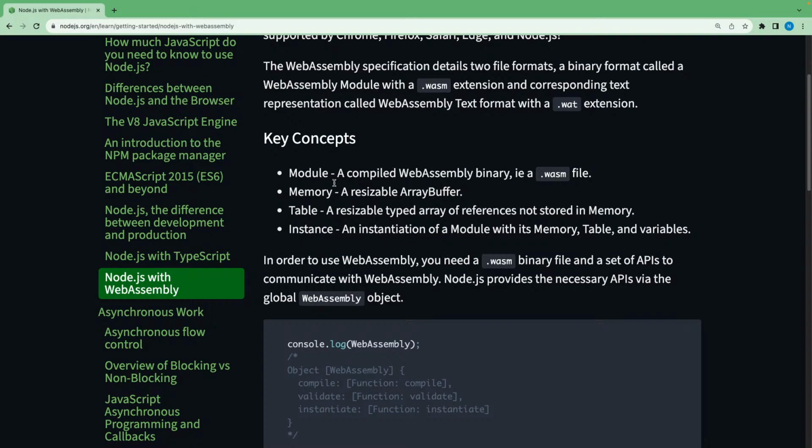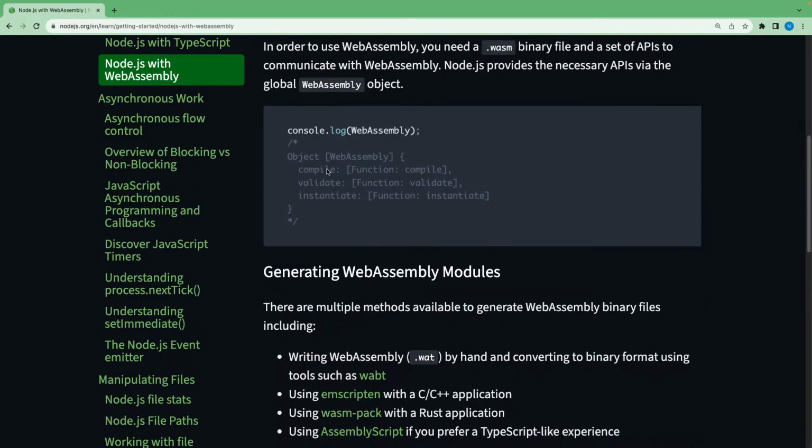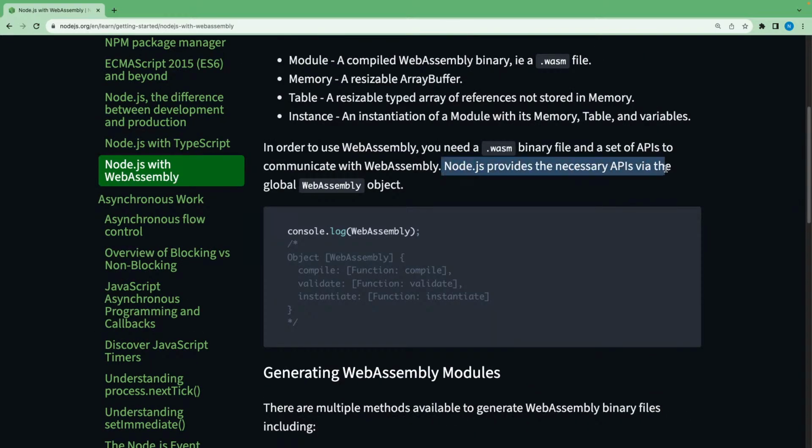Key concepts: module, a compiled WebAssembly binary, a .wasm file; memory, a resizable array buffer; and table, a resizable typed array of references not stored in memory. In order to use WebAssembly, you need a .wasm binary file and a set of APIs to communicate with WebAssembly. Node.js provides the necessary APIs via